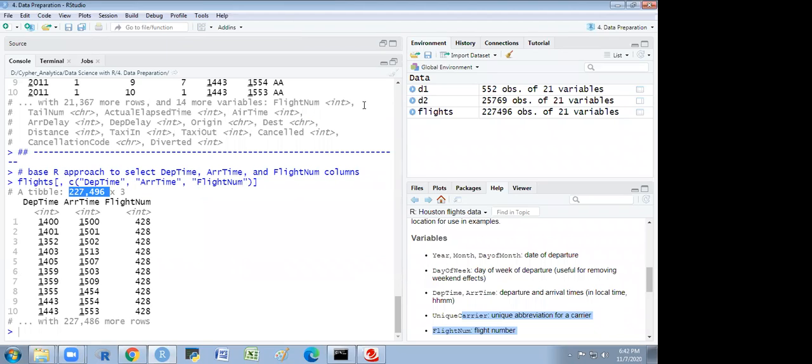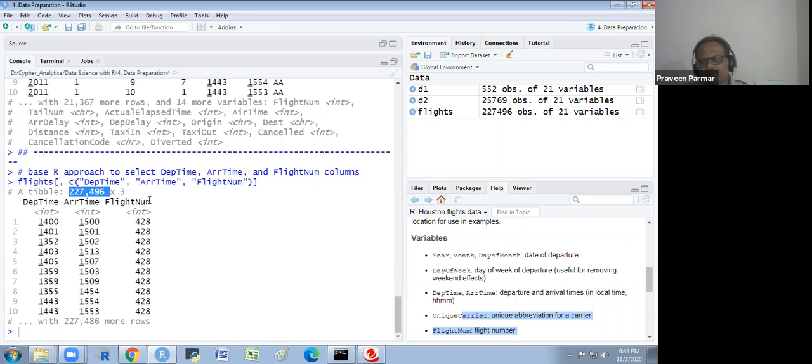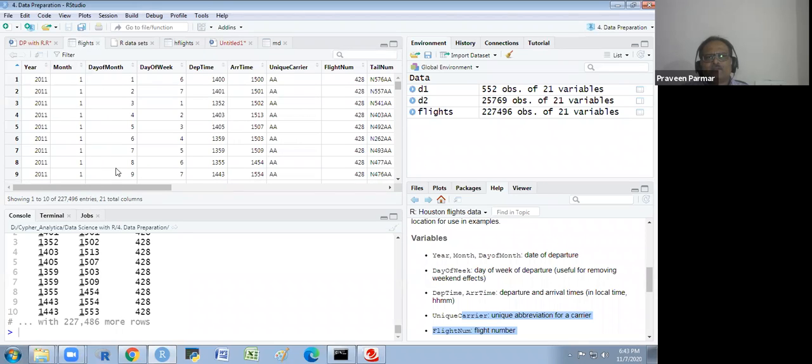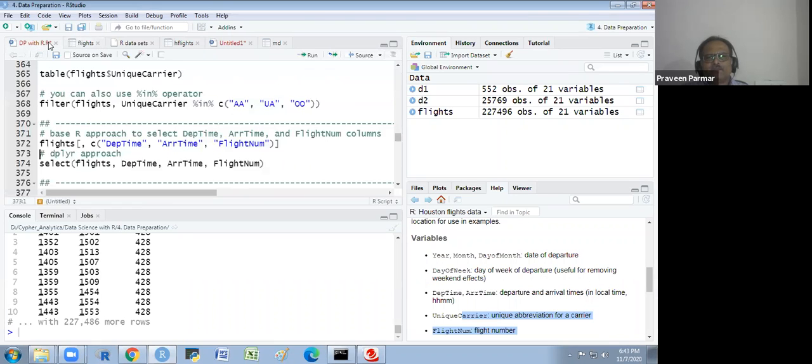Yes, sir. Can we use column number instead of name? We could use the indexing also. Yes. You see which column is that. What columns we have selected: departure time, arrival time, and flight number.